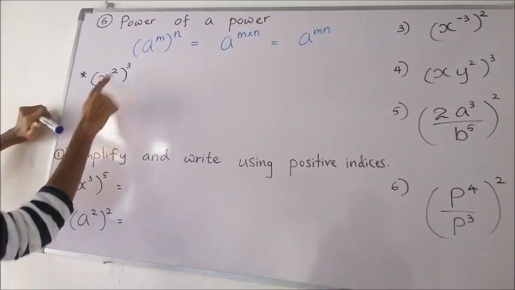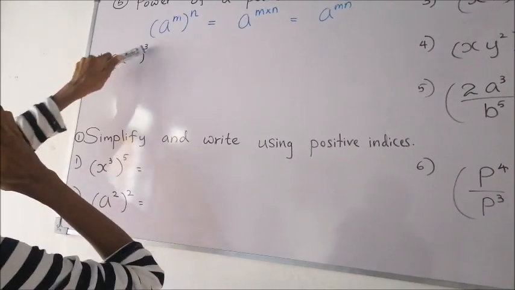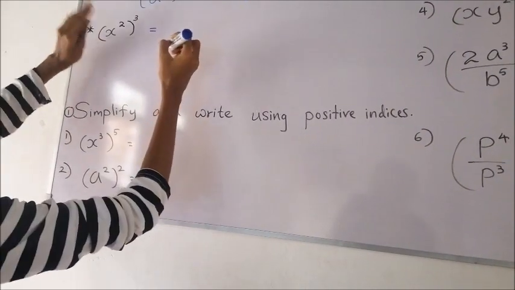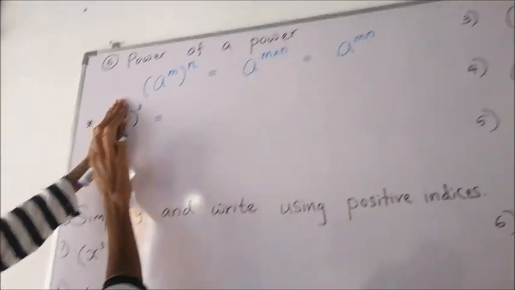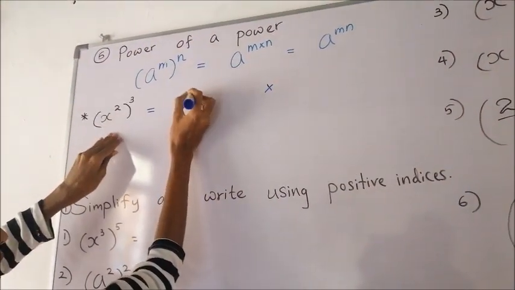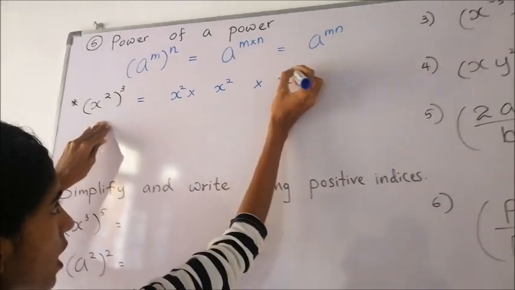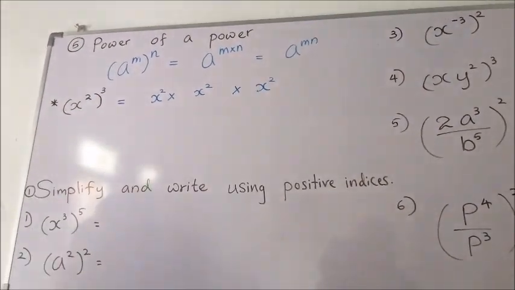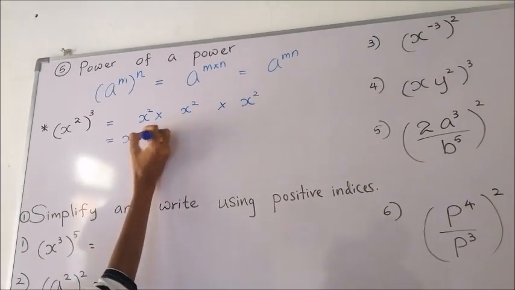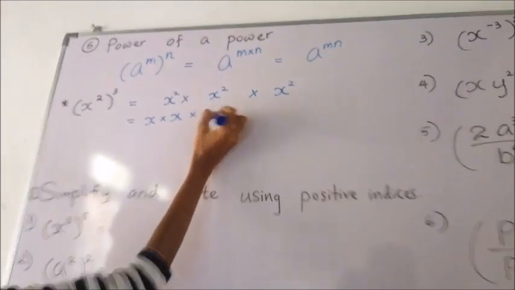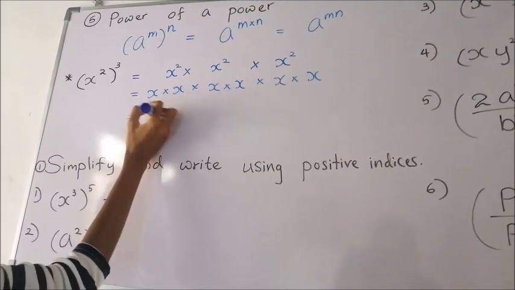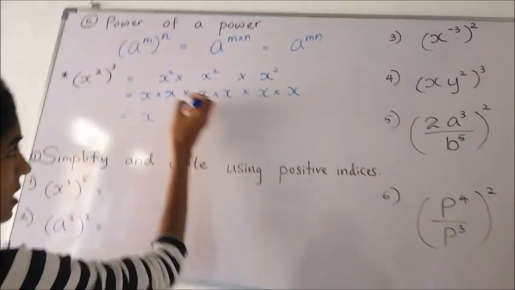For an example, x squared, index is 3 there, power of another power can be seen. Right, what is the real meaning of that? This x squared should be multiplied by itself how many times? 3 times. That means x squared, x squared, x squared. x squared should be repeated 3 times as a product. Right, now we will write this x squared again as a product. This x squared also x into x. Again this one x into x. Now altogether how many x's are multiplied by itself? 6.